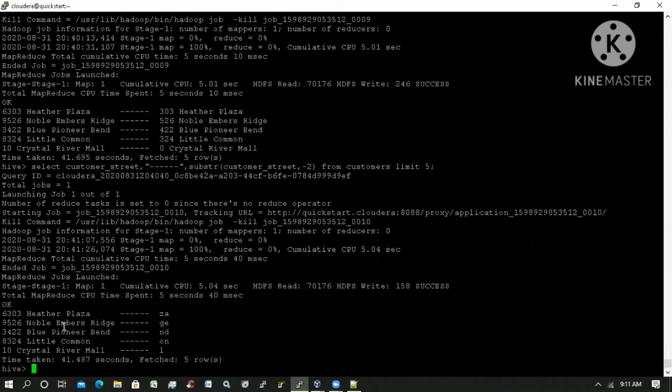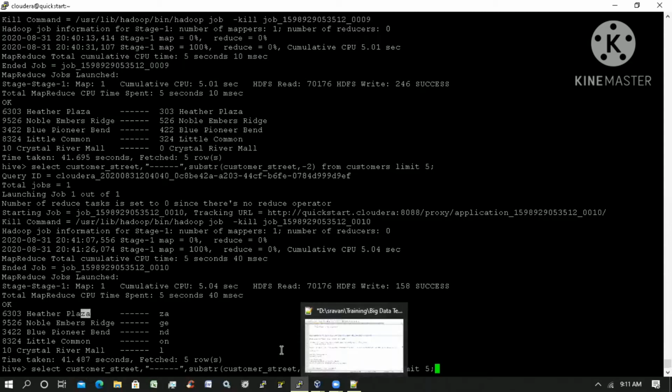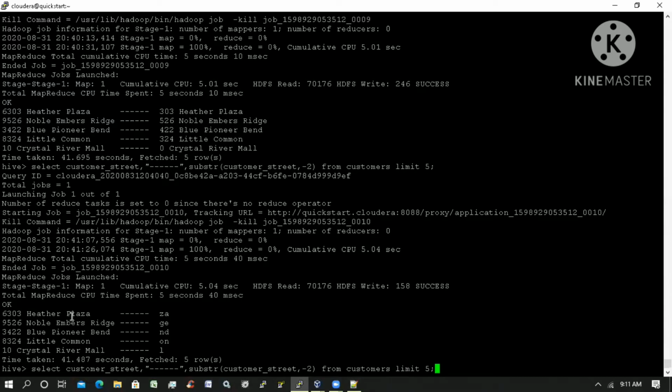It took from the last, from the last second position. I mean -2. I didn't give the last value, right? That means from the last second position to the end, it fetched and gave the value.